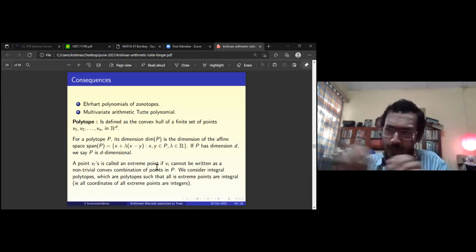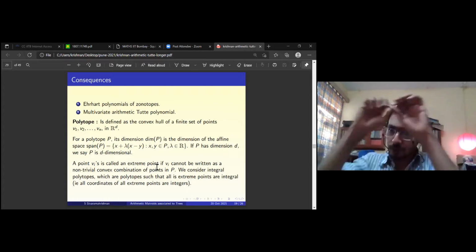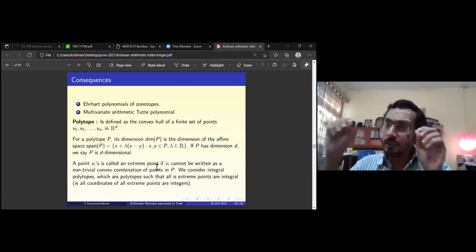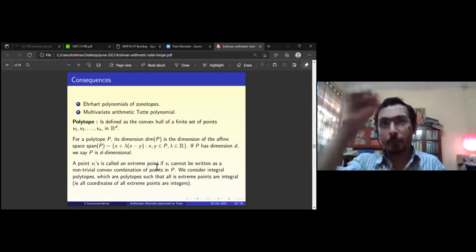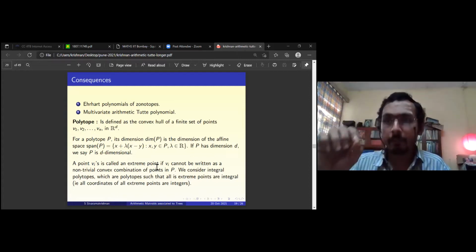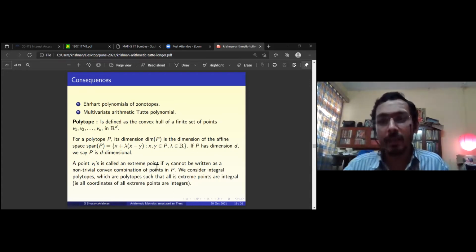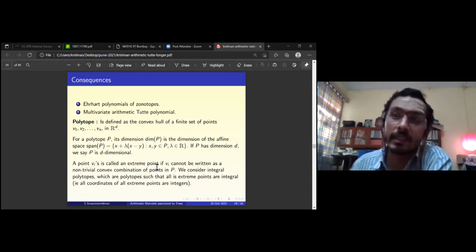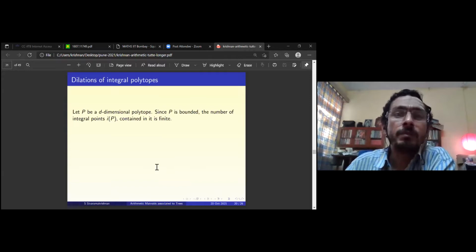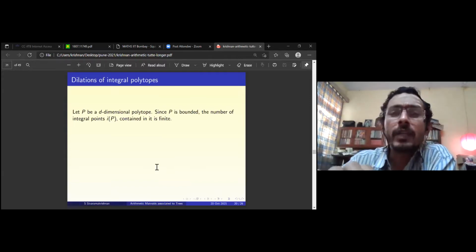So why are we studying extreme points? Because in convex optimization, maxima or minima are attained at the extreme points. It will not be attained at some interior point. Maybe it will, but even then there is an extreme point which is attaining the maxima and minima. That is one of the standard theorems in linear programming. So let's start with some basic things we require for polytopes.